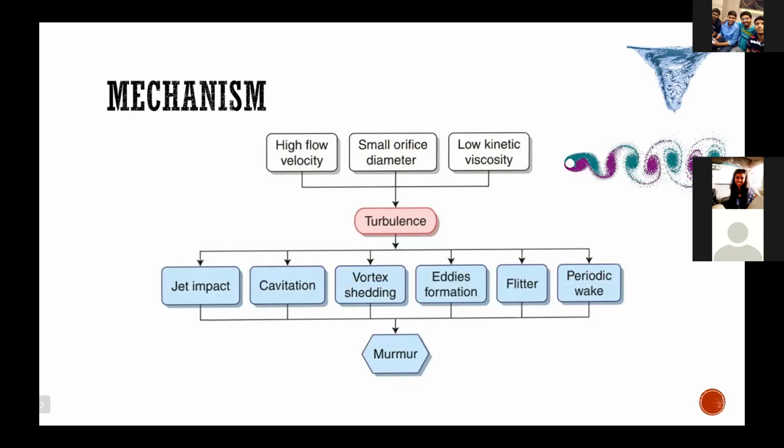So that slow moving blood in turn will be set into vibrations, which in turn will be perceived as a murmur. Then there's another concept called flutter. This is based on Bernoulli's principle. Whenever a high velocity of blood flows through a vessel, the vessel wall will be pulled inwards. As the velocity of blood keeps varying, the degree to which the vessel wall is pulled inwards will also vary. So the vessel wall will be set into vibration, and these vibrations will again generate a murmur.